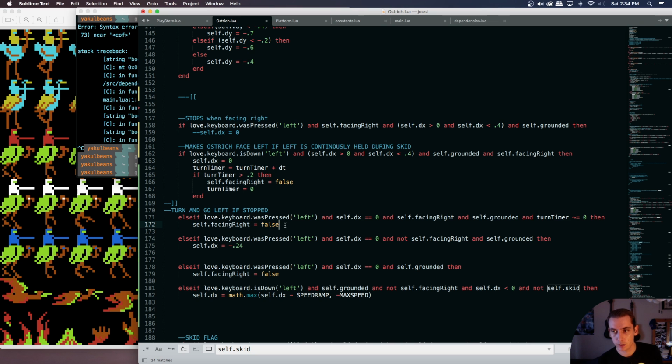That's not right, because we want to turn if we're stopped and left is pressed, but not